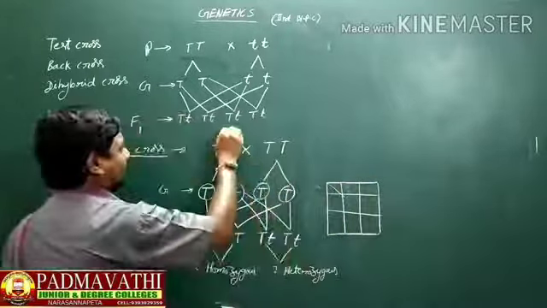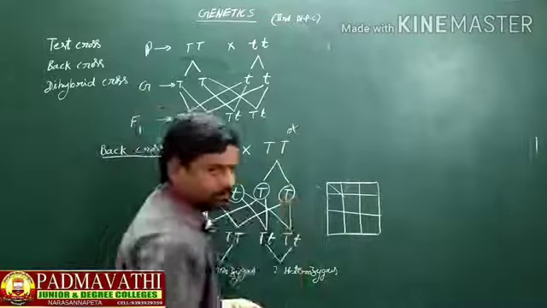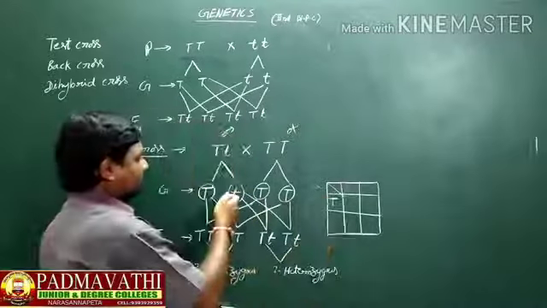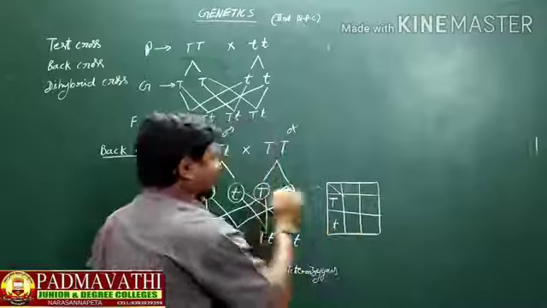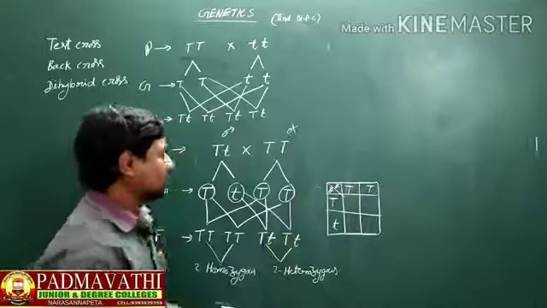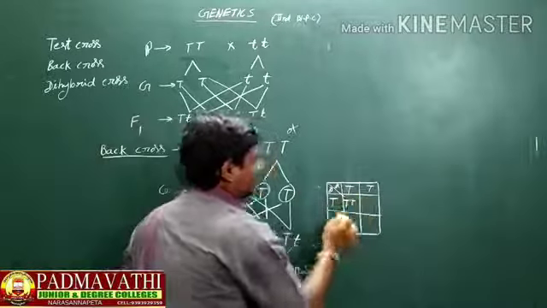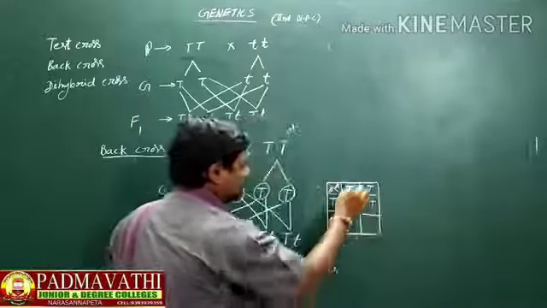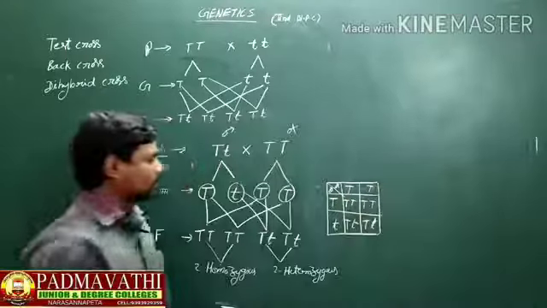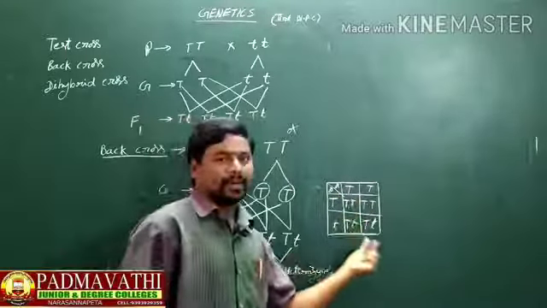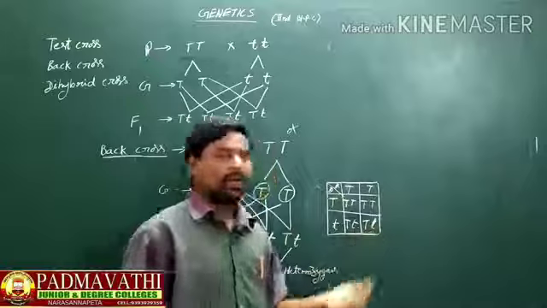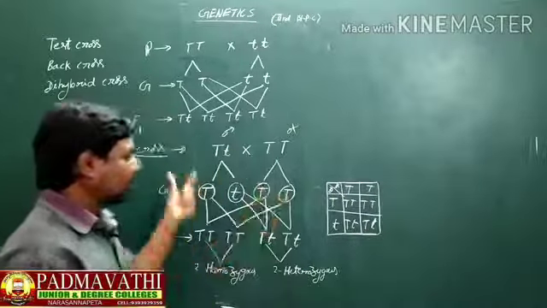Here one is male, another one is female. Now the gametes here are big T and small t, and here big T and big T. These are gametes, one male, another female. Now big T big T, big T big T, big T small t, big T small t. So four tall plants are produced in the progeny, two homozygous tall and two heterozygous tall plants. So this is the backcross.